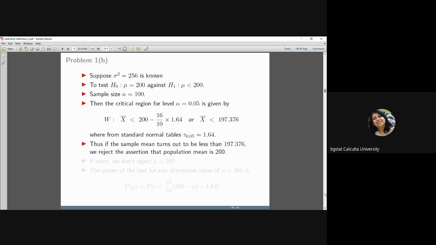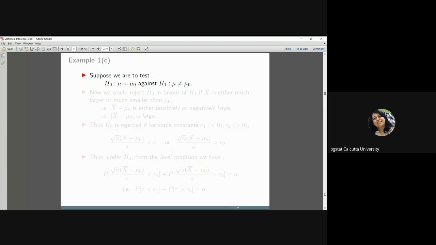So if the rule is that if I get a sample for which the sample mean is less than 197.376, I will reject the hypothesis that the population mean is 200. And this is the expression for the power function. I have to substitute the correct value of mu to get an expression for the power, and I can also plot the power curve. So now suppose we want to test the null hypothesis, mu equal to mu naught, against